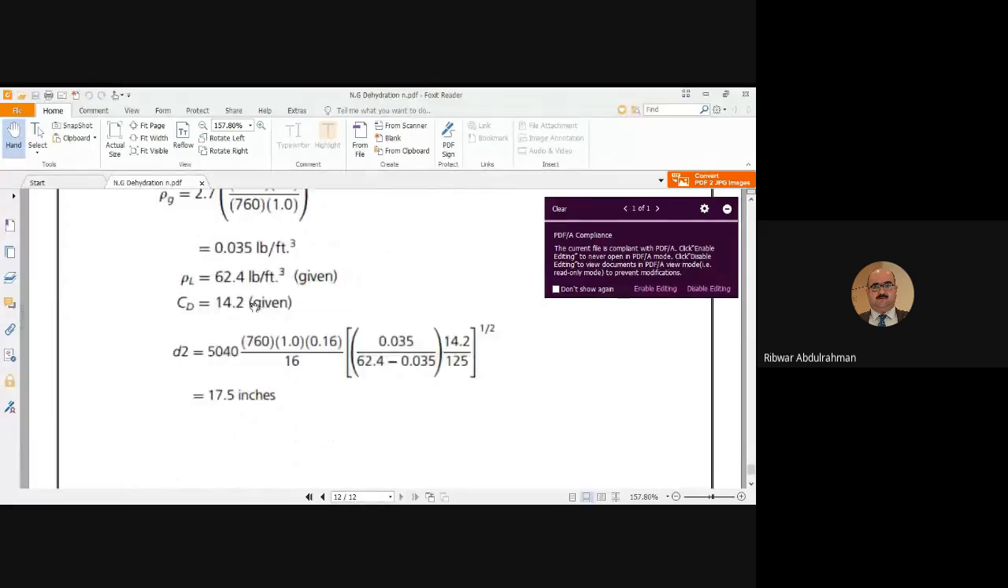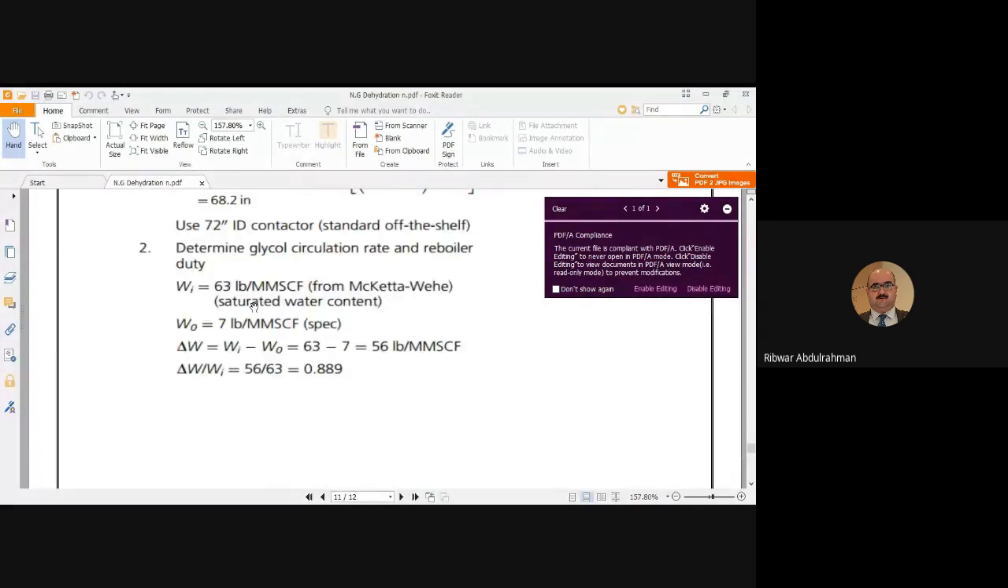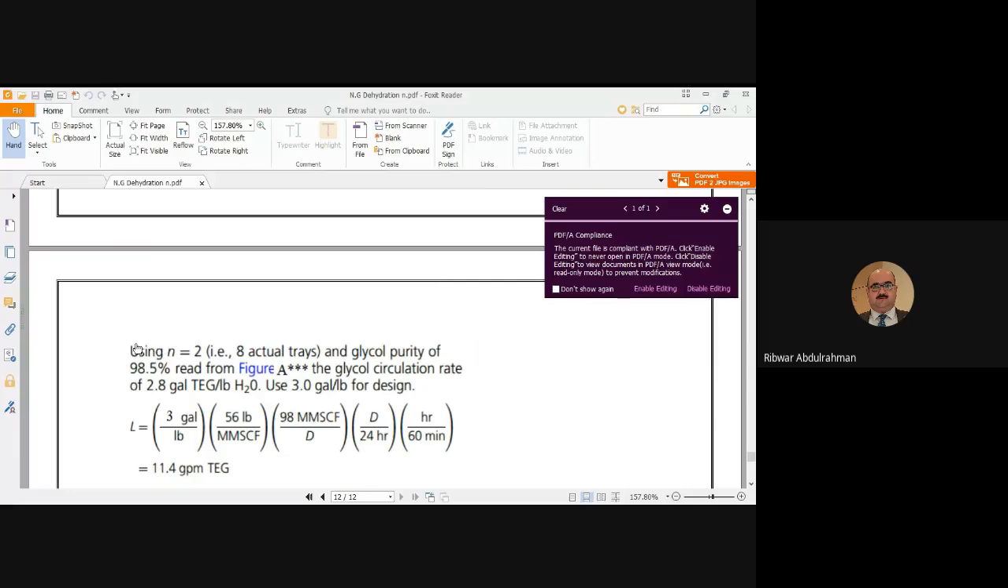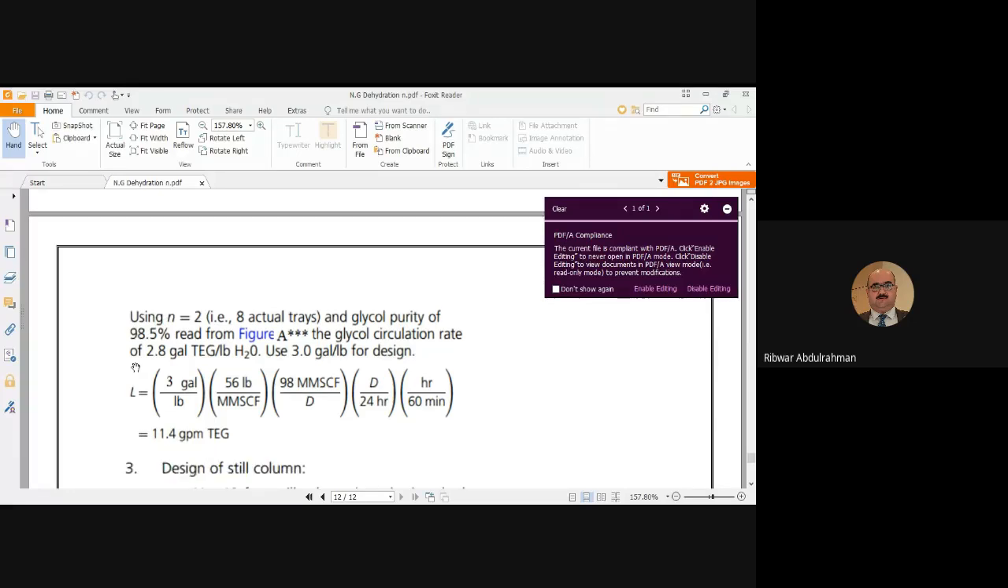Okay, we mentioned the delta W over WI with circulation ratio. After that, I can find out the circulation rate of this dehydration process by adopting two theoretical stages, 8 actual trays, and the glycol purity that is given already